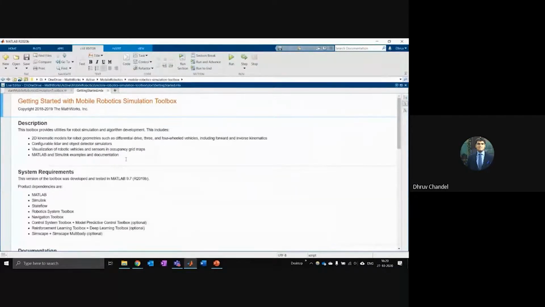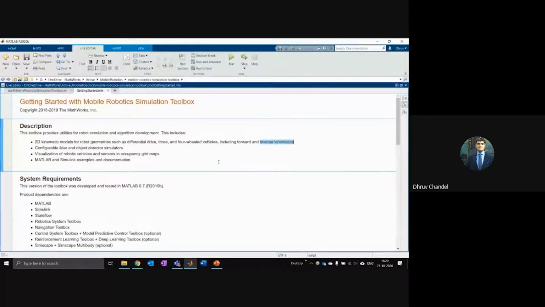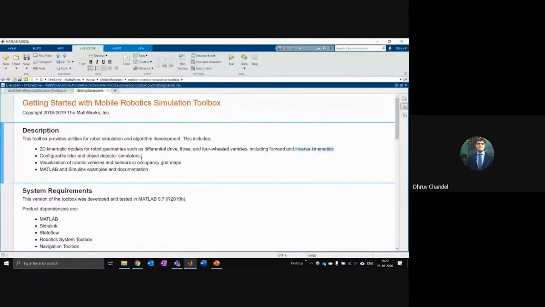Basically, there's a whole bunch of models in here for 2D robot geometries for differential drive, 3 or 4-wheeled vehicles, including forward and inverse kinematics. Let me try and make the screen a little bit bigger. There is also configurable LiDAR. LiDAR is laser range detection and sensing, and object detection simulators are built into this toolbox.